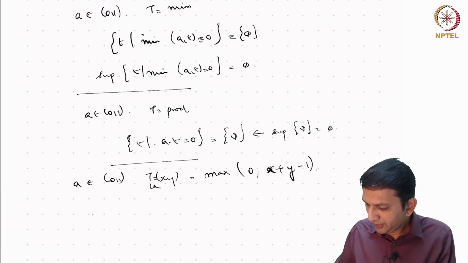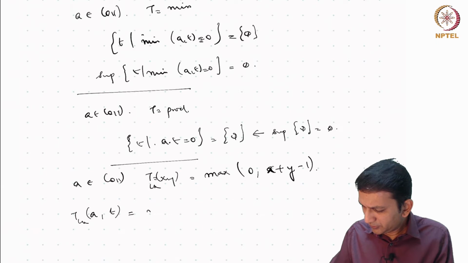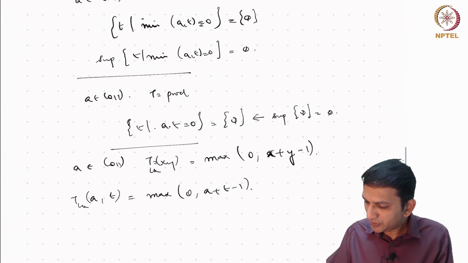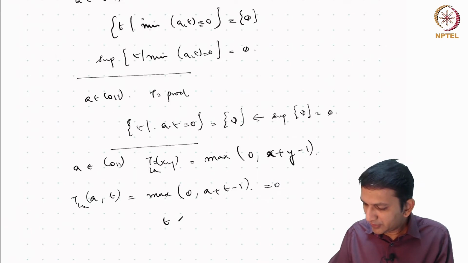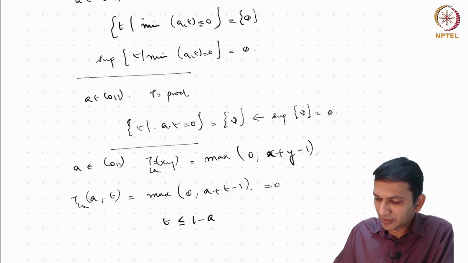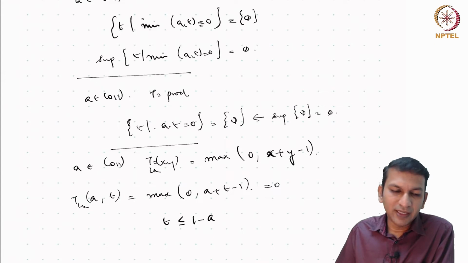So now if you take a T so that T_LK of A, T is 0, look at this, maximum of 0, A plus T minus 1. Now you want this to be 0. That means A plus T minus 1 is less than or equal to 0. When can this happen? It can happen only if T is less than or equal to 1 minus A. If T is equal to 1 minus A, it is 0. If T is any number less than 1 minus A, it is again 0 because of monotonicity of the